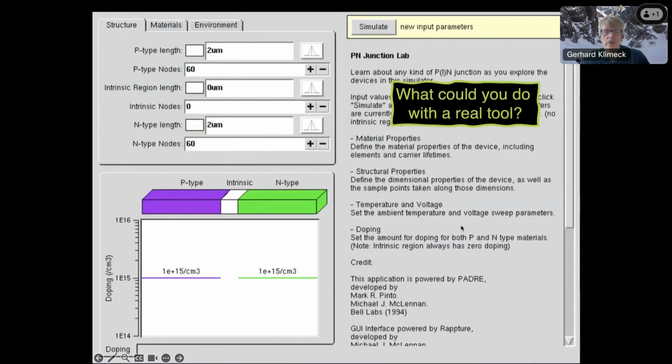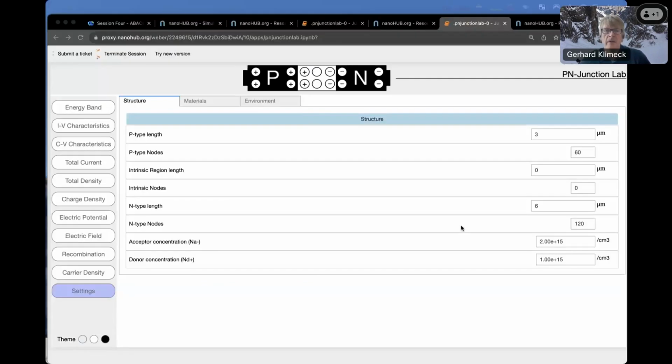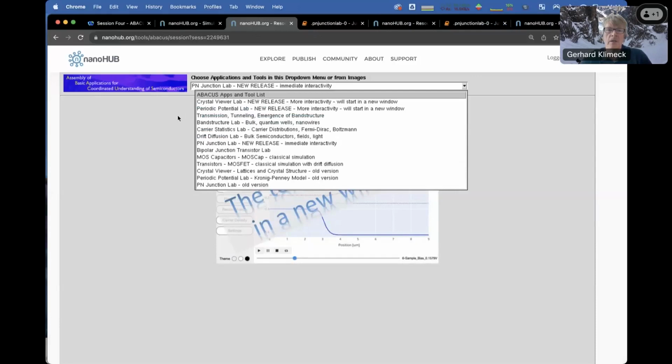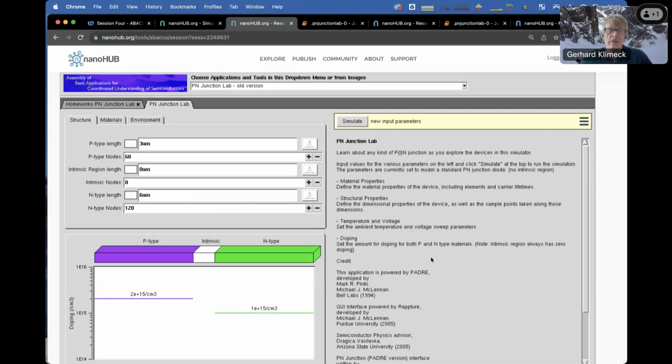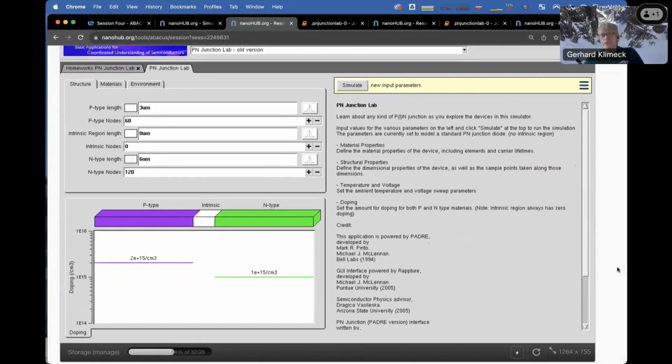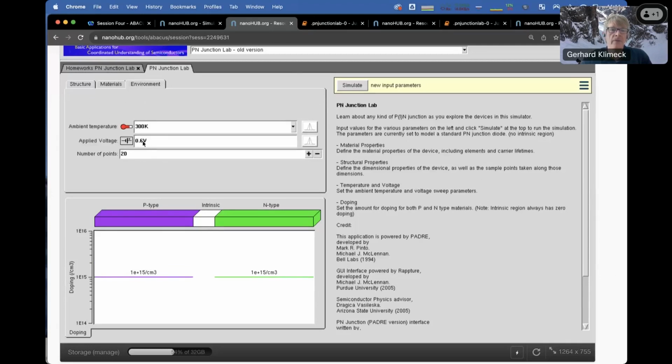So I'm going to go, not death by PowerPoint, but I'm going to go into Abacus, and I'll show you some examples. So let me go into the older version of PN Junction Lab. Still runs a little faster. It's a little bit more responsive for demos. So I'm going to make the structure here symmetric, and just put in a couple nodes, and I'm going to make the doping symmetric too. So we have symmetric doping, a symmetric physical structure,